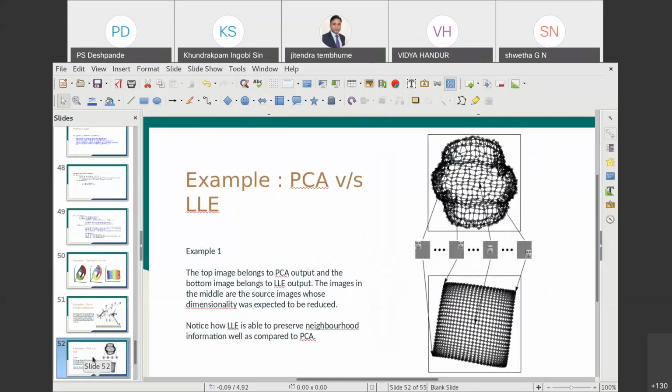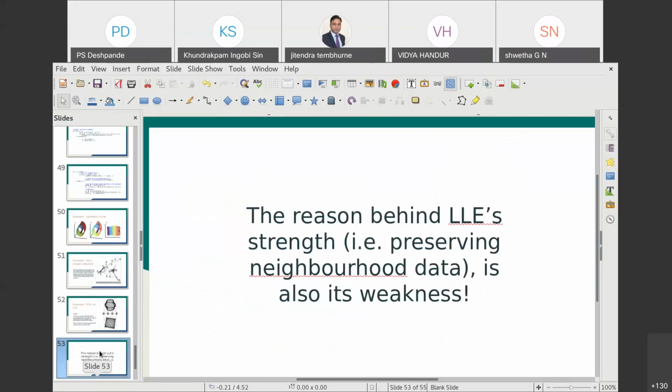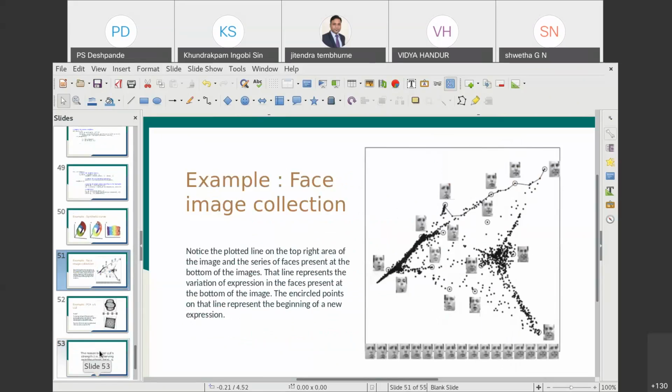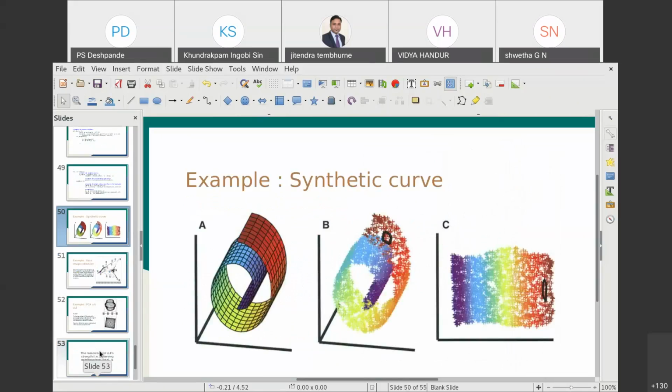Here again is an example of how these faces are mapped in PCA. They have a better mapping in the case of LLE. So generally, it is manifold-based learning, a dimension reduction technique which preserves the distances in the manifold. You can use other techniques also, in scikit-learn, you will have